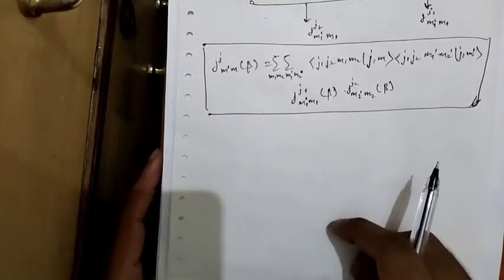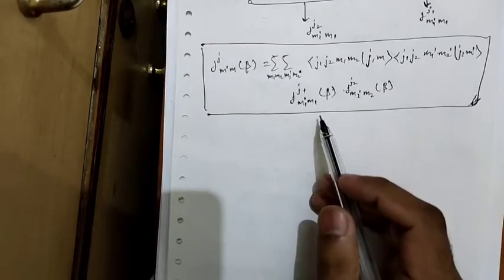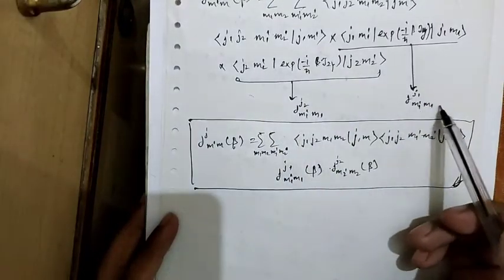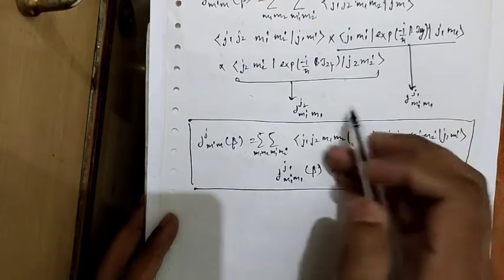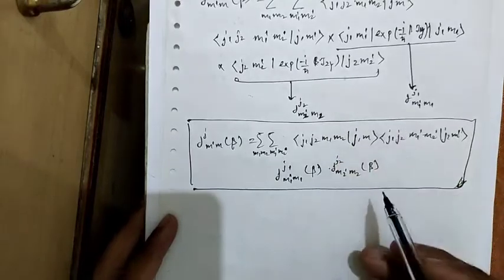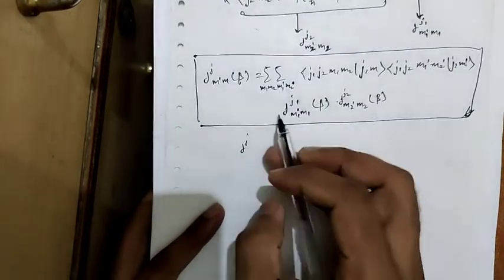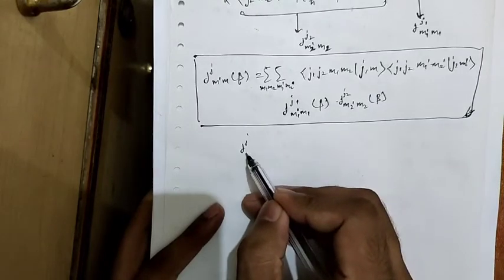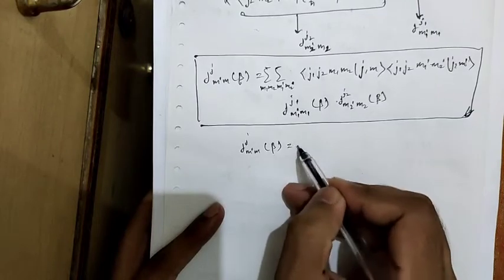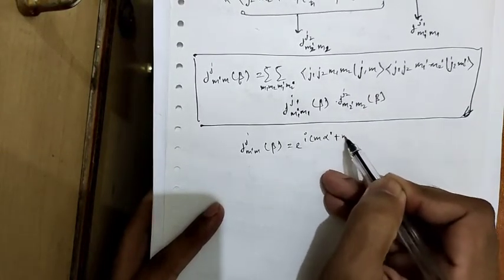Hello viewers, I will resume my lectures from where I left off yesterday, as we wrote the values of these expressions as dj1 m1 dash m1 dash m1, and this was dj2 m2 dash m2. As we know, the relation of rotation matrices with the Wigner D matrix is dj m dash m beta and e^(i m alpha dash plus m gamma)